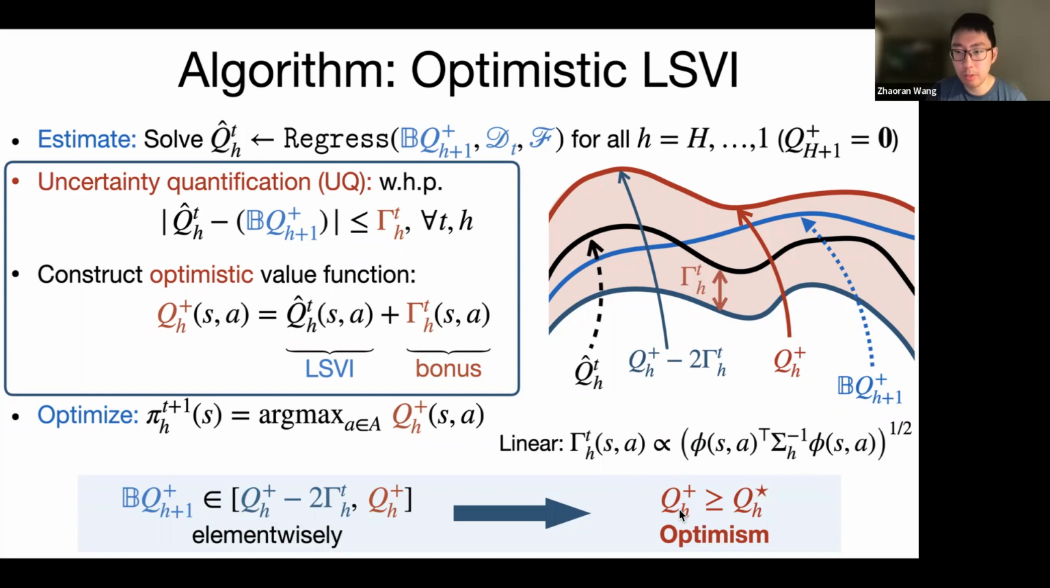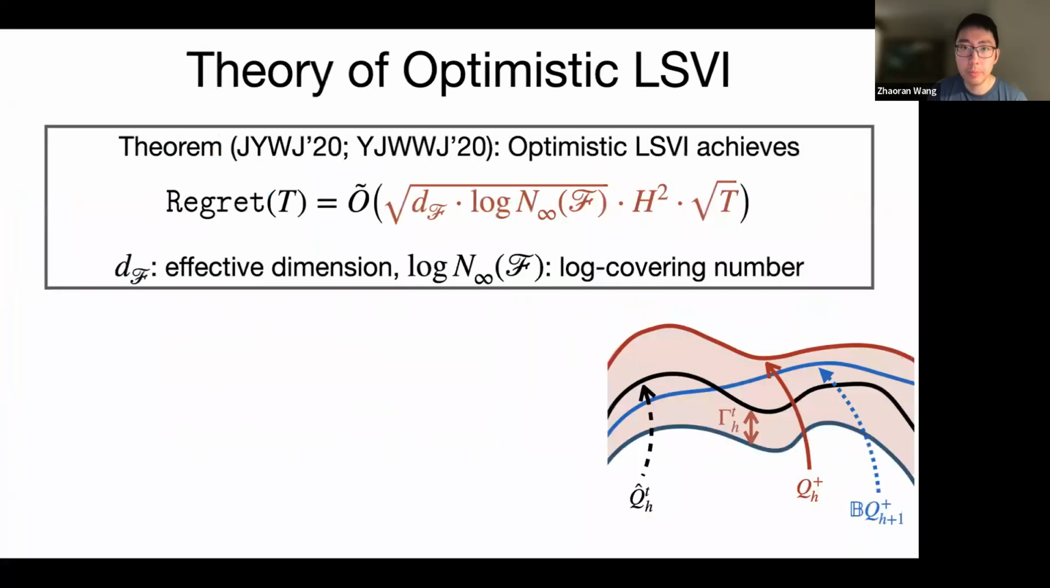And then we can show that for all states and actions, the Q function is larger than the optimal one. So that means it's an optimistic version. That's why we use the word optimism. So the guarantee is that now we have a dependency on the function class, which you can think about as